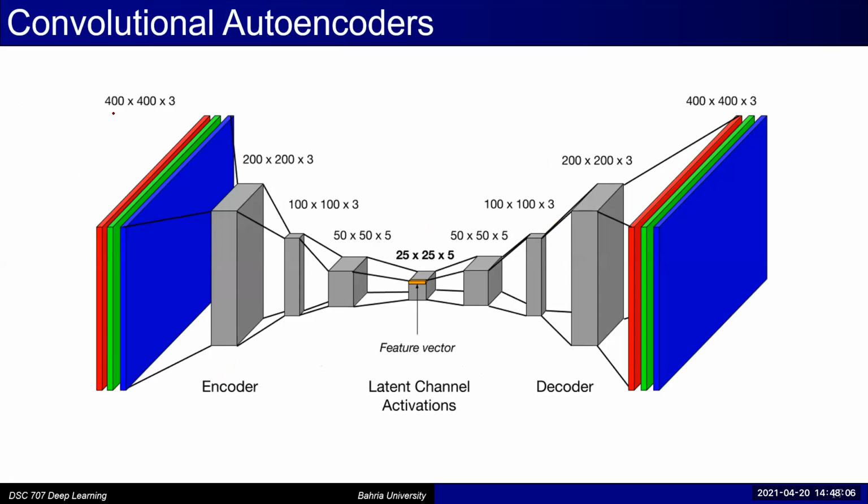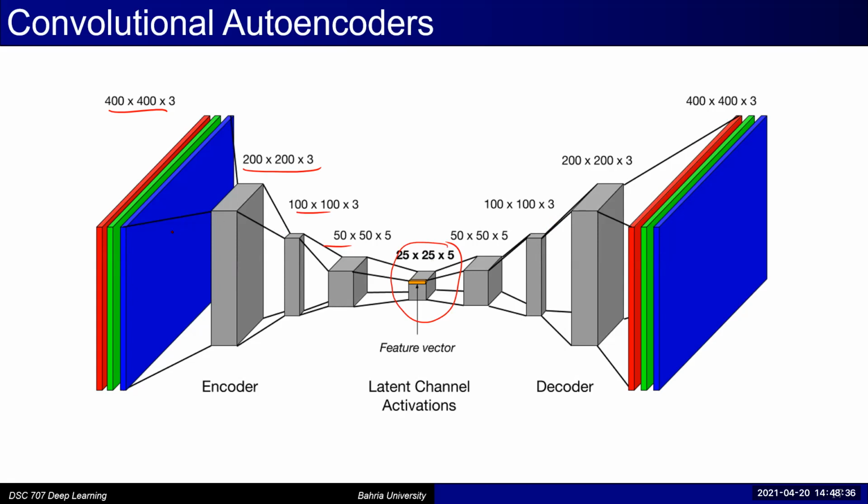So we have a 400 by 400 colored image, right? You do convolution, pooling, maybe you get 200 by 200 by 3 and so on, right? So eventually this is your compact or compressed representation, or the bottleneck representation. It depends what you want, right? You can control the spatial dimensions as well as the depth, right? How much you want, you have all the control. You can use pooling to control spatial dimensions, and you can use the number of filters to control the depth,